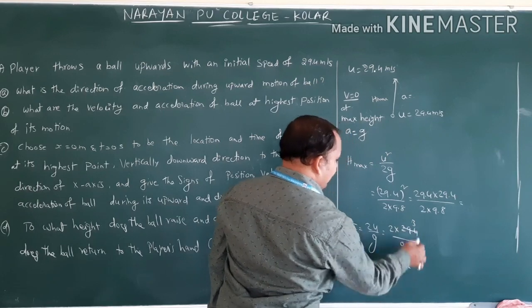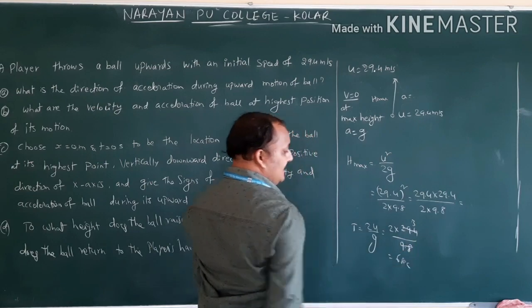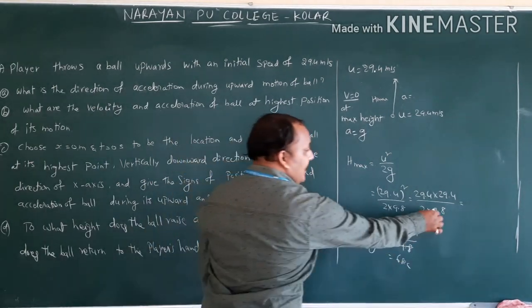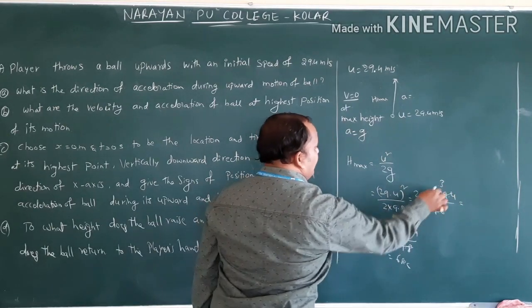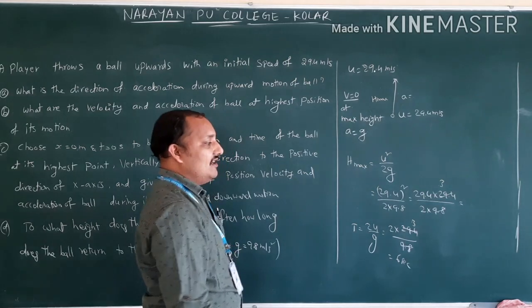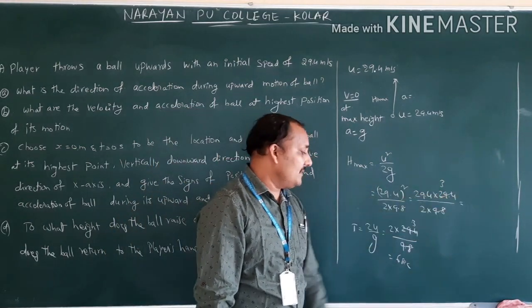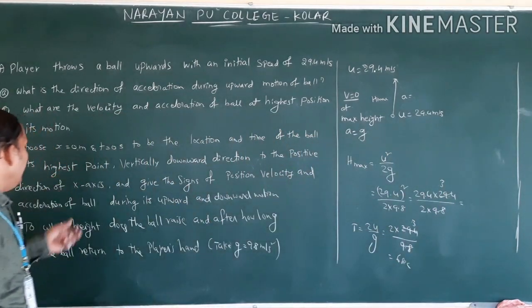So 6 seconds. So 3 8s 24. So 3 9s 27. So 27 plus 2 is 29.4. Here also same. So this will be cancelled 3 times. So 2 into 3 by 2. You can calculate carefully, you will be getting... Otherwise 29.4 by 2. Multiply, you will be getting answer in meters. This is in seconds. Okay. So A, B, D, V.